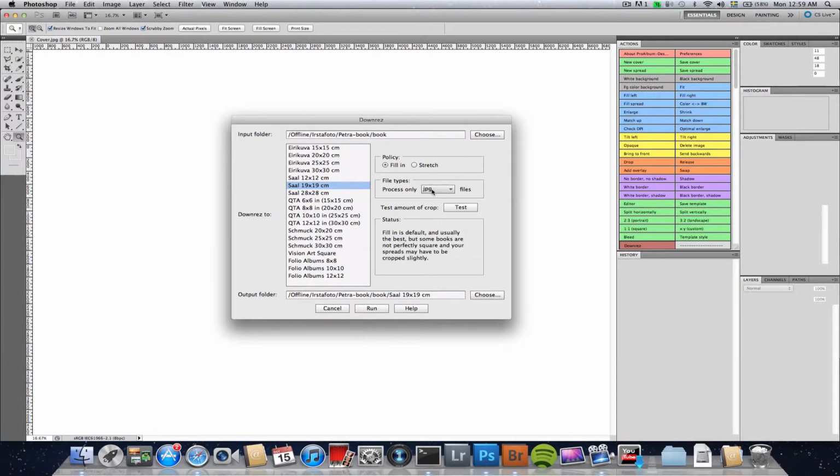You can also tell Downrez here whether you want to process only JPEG files or JPEG and PSD files, but normally you only want JPEG files, so you can order a smaller album. So now I'm going to press run,